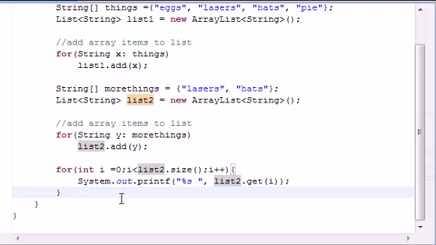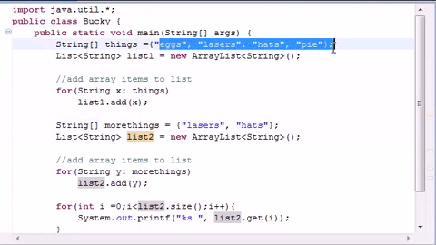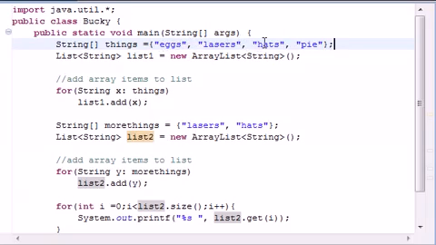So in the next tutorial, what we're going to be doing is building a function to take what's in list number 2, which is lasers and hats, and delete it from list number 1, which is eggs, lasers, hats, and pie. And I'm gonna go probably eat another